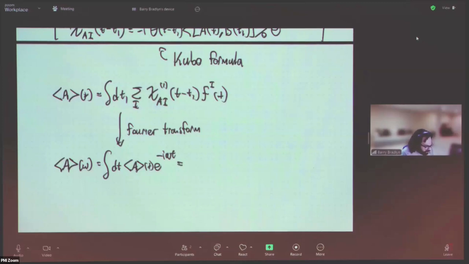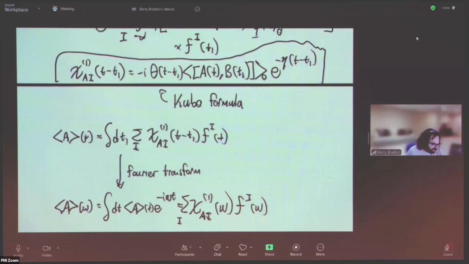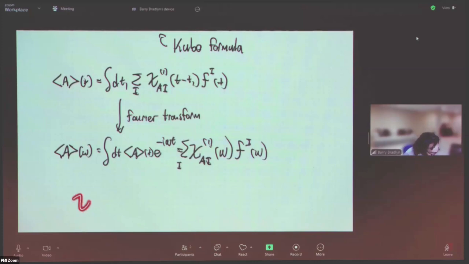And this thing is just a product of the Fourier transform of our response function with the Fourier transform of our perturbation. And if we take this response function and Fourier transform it, chi1 AB of omega,